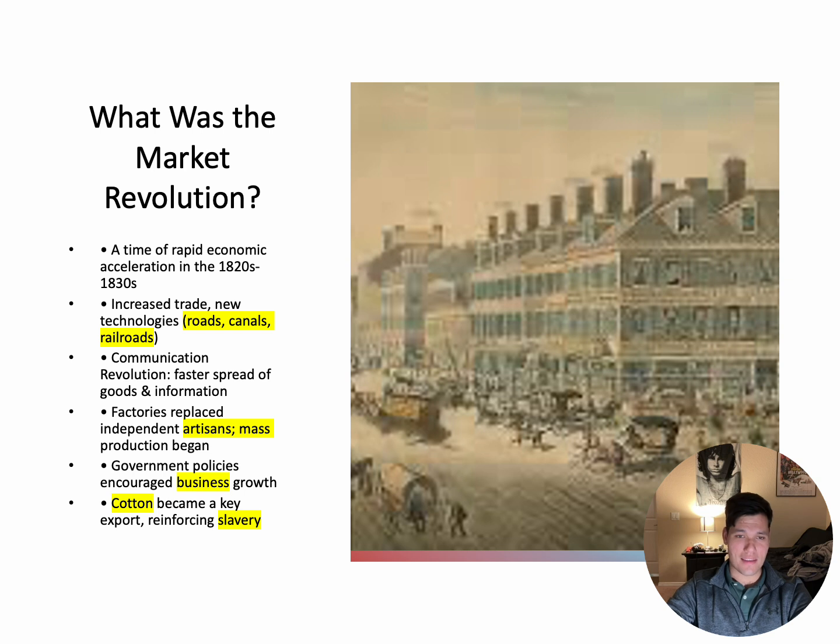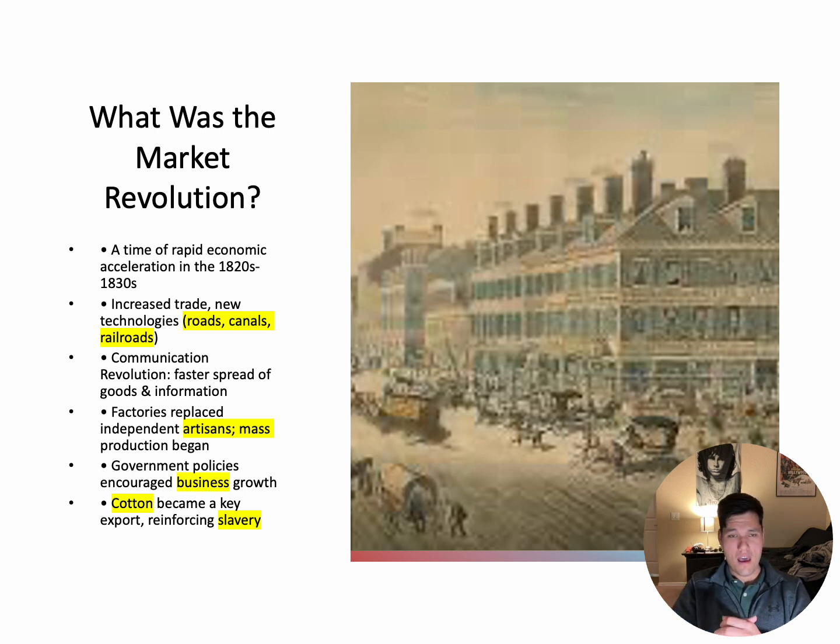So as the slide is asking, what was the market revolution? This was the rapid economic growth during the 1820s and the 1830s. During this time, we saw massive changes in trade and technology. We also saw new improvements like railroads and canals to speed up the movement of goods and people. Communication became quicker as well, and factories replaced independent artisans,